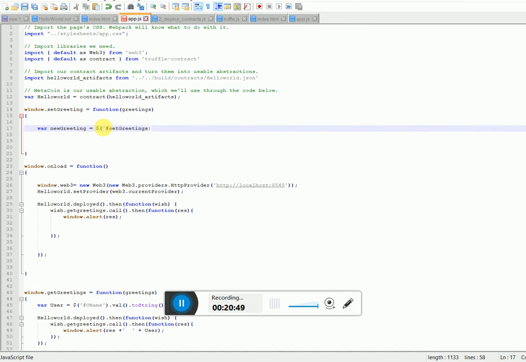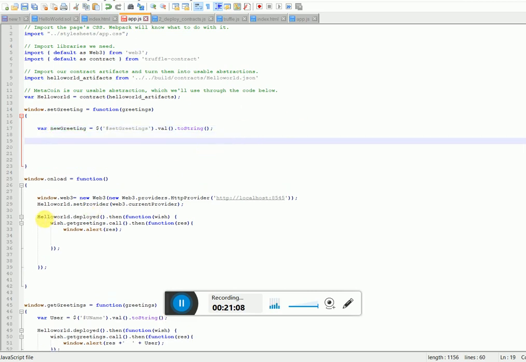So I'm going to pass this setGreetings variable dot value dot toString. So now newGreetings has the new string value. So what should happen when we deploy this function? The same. So once it is deployed,